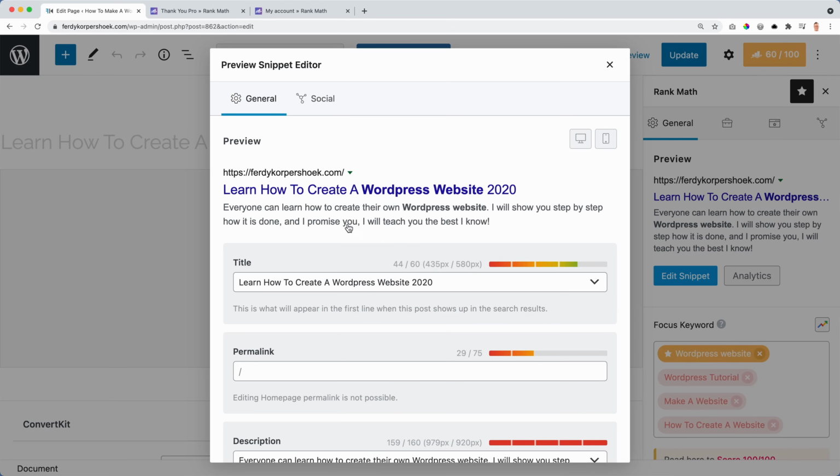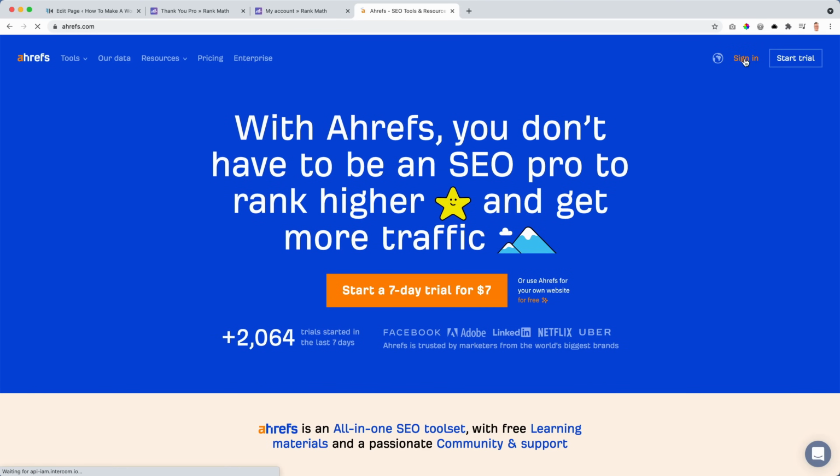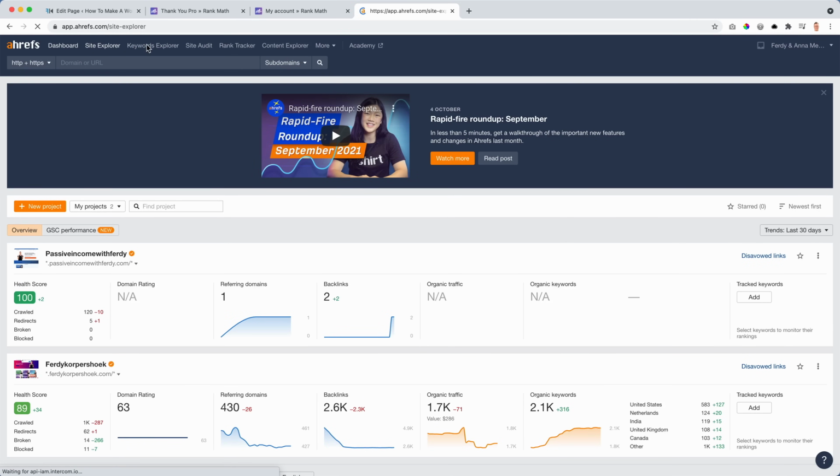So I want to edit the snippet: learn how to create a WordPress website. If I want to have the year, I should use the current year. Learn how to create a WordPress website. And then what I can do is go to Ahrefs. Do people search for that? Keyword Explorer.